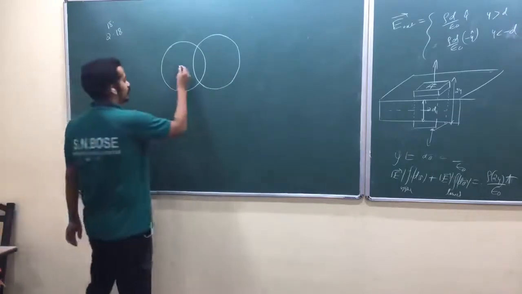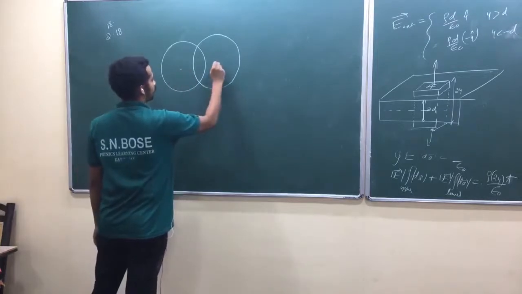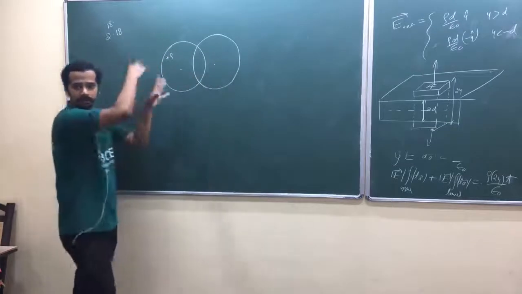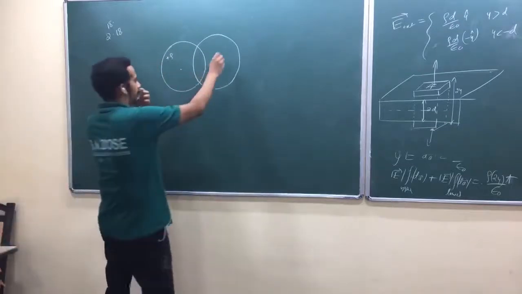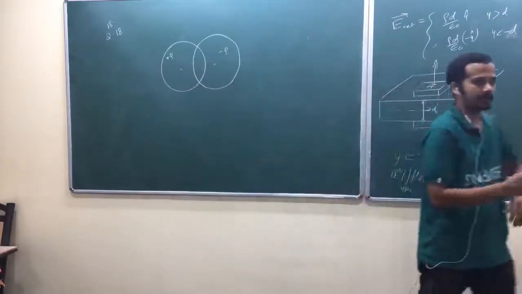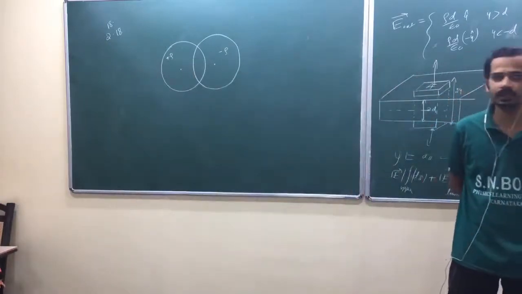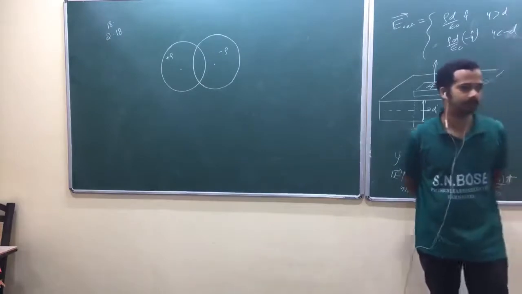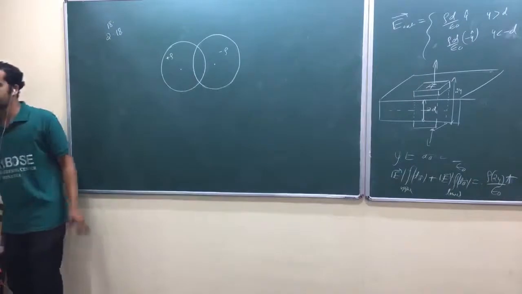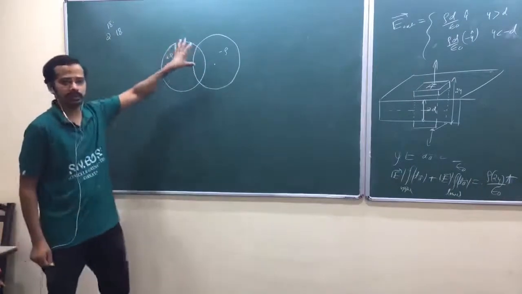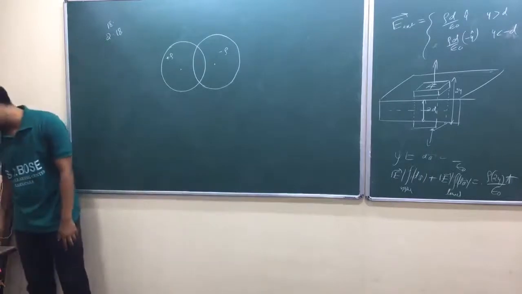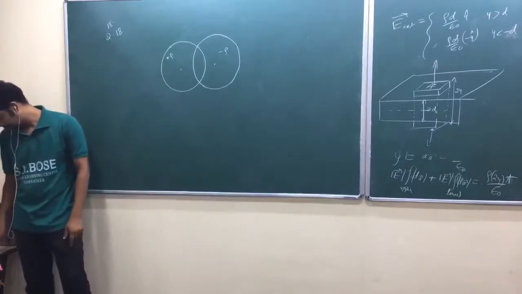So now I have two spheres. One contains plus rho charge density, uniform charge density. Charges are uniformly distributed. The other contains minus rho. Now they partially overlap. In the overlap region, obviously, net charge should be 0, isn't it? Because one was positively charged, the other was negatively charged. The charge density was the same, so that's why it should get neutralized. Let me just read out.